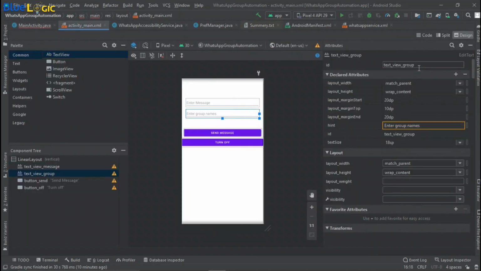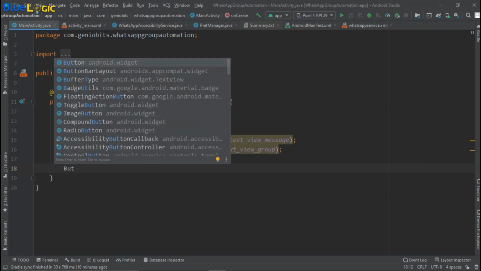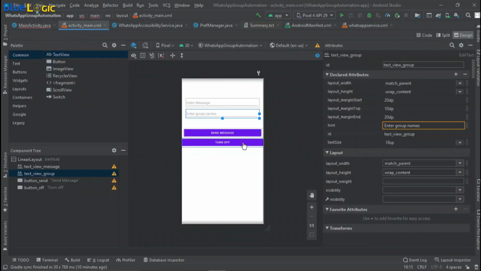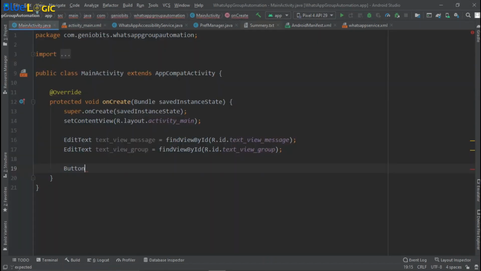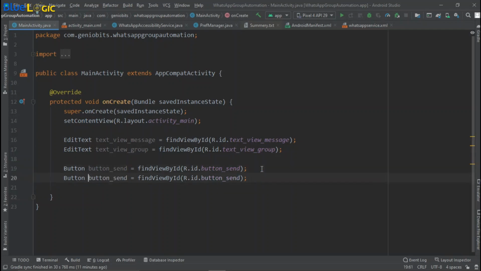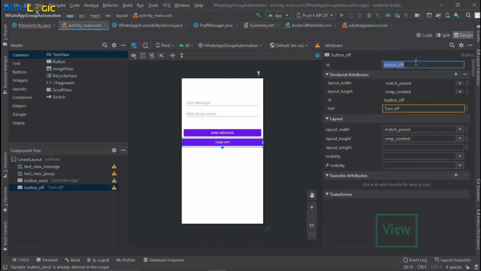The second one is the text view for the group, and then next is the button, and the name of the button is, let's say, button send, equals findViewById dot id dot find button send, and then I'll just duplicate it for another button, that is button off.